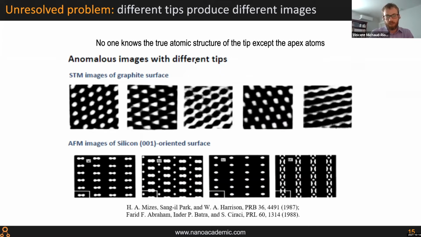The difficulty of studying surfaces with STM and AFM and trying to compare that with simulation results is that simulation results are highly dependent on the atomic structure of the tip, and with a different tip, you will get different STM and AFM images. So these are two series of images taken